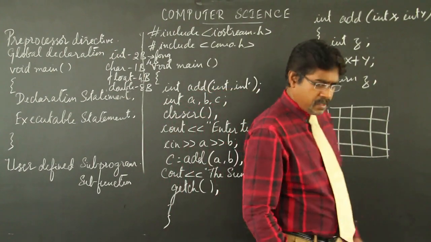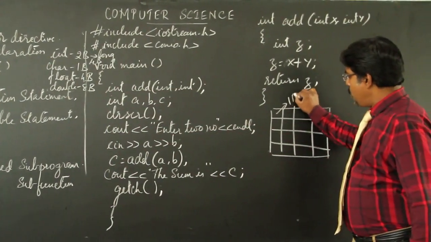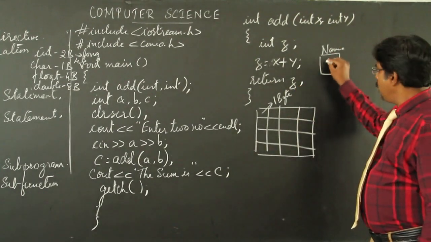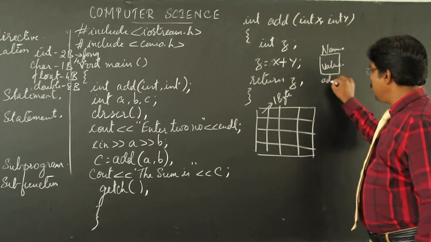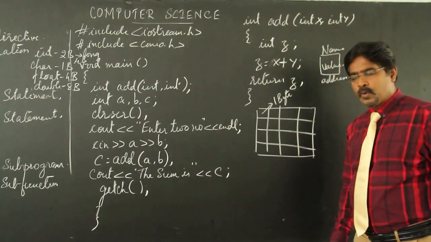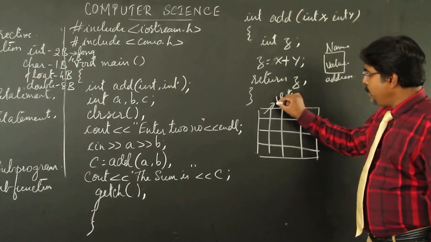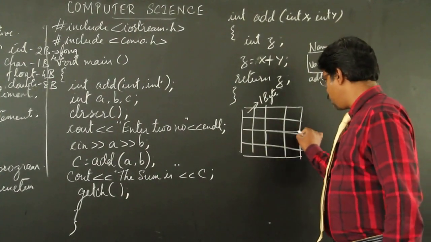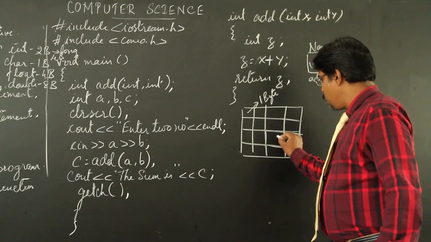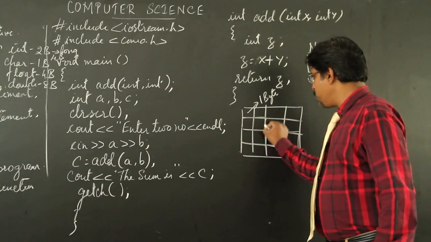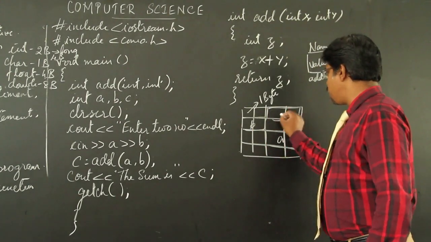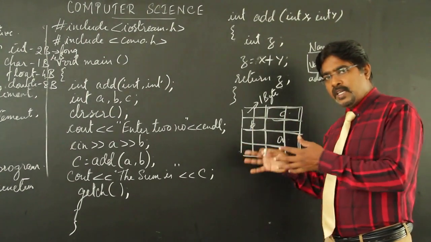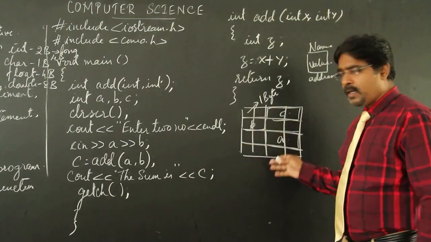When we take 1 byte here, I would like to explain it in 3 parts: name, value and address. These are the 3 things we have for 1 byte. Now when we declare A, B, C, A takes 2 bytes, so 2 bytes are allocated, in a random order. 2 bytes for A here, maybe B here, maybe C here. It's in a random order, because next we are going to discuss arrays, and an array will be a contiguous memory location. Here normal variables are being declared, so they will be allocated in a random order.